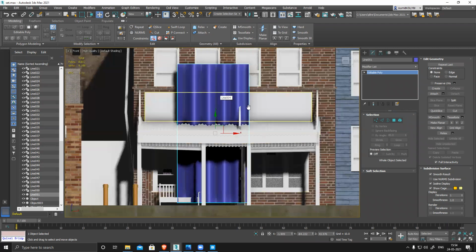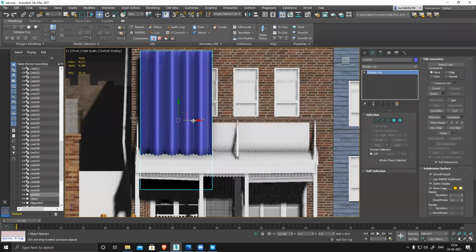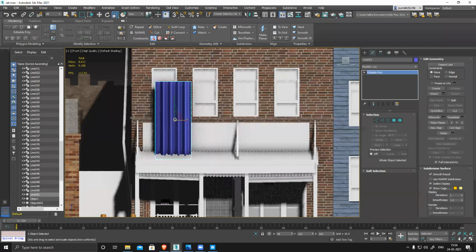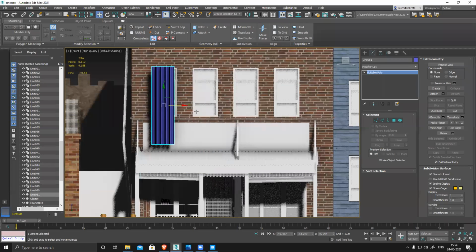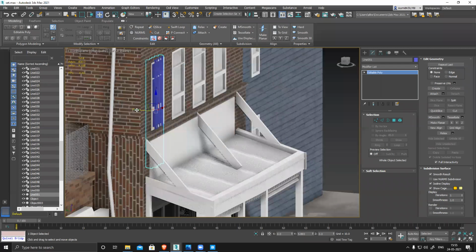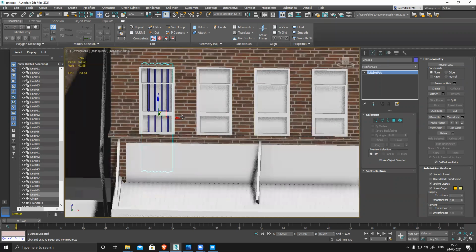Front, set. And okay, backside, I guess I have that solid wall.